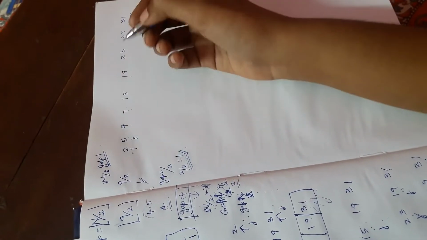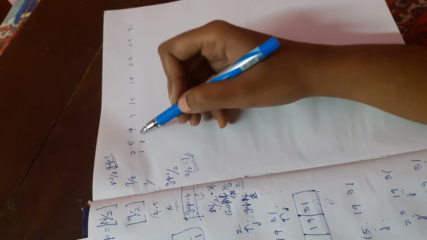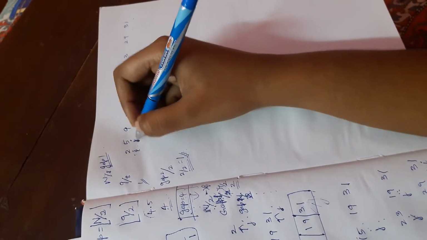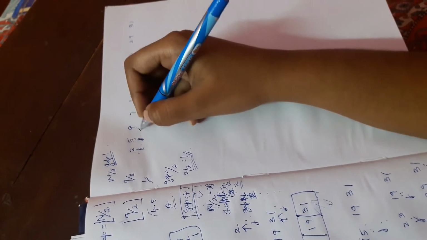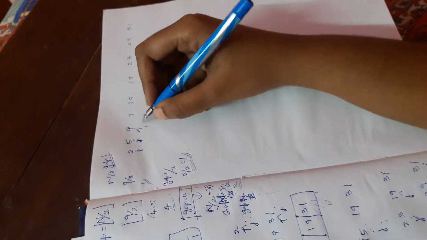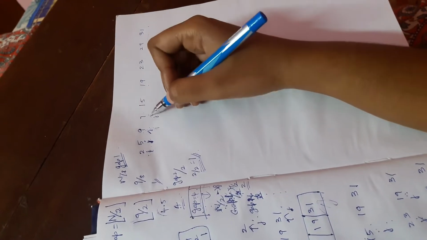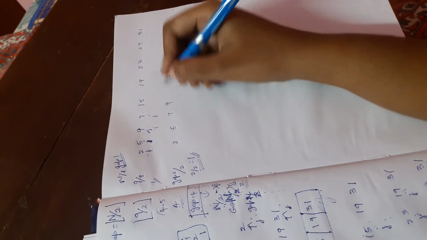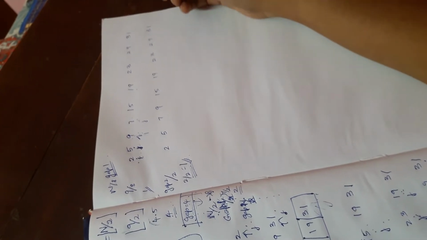Okay, now listen here, we are taking the i position here and j position here. So I am comparing i and j. 2 is less than 5, so I am not going to shift. Again one position I will go here and j will go here. 5 and 9 I am comparing, so this is not going to be shifted, so I am incrementing the positions of i and j. So now compare 9 and 7. 9 is greater than 7, so I am going to do the shifting operation. So now I am writing 2, 5, 7, 9, 15, 19, 23, 29 and 31.